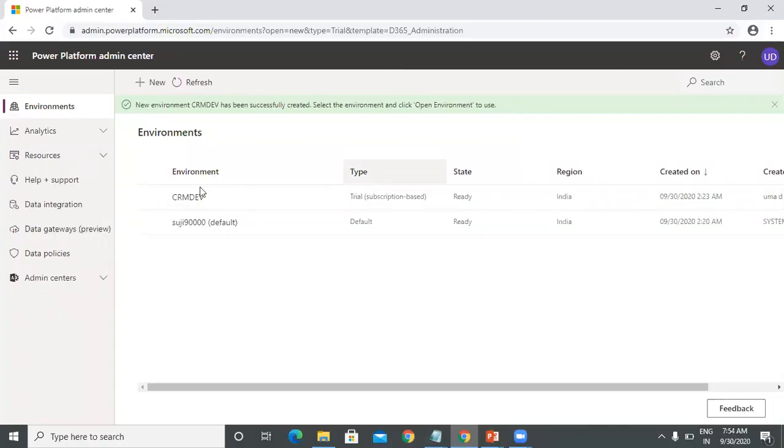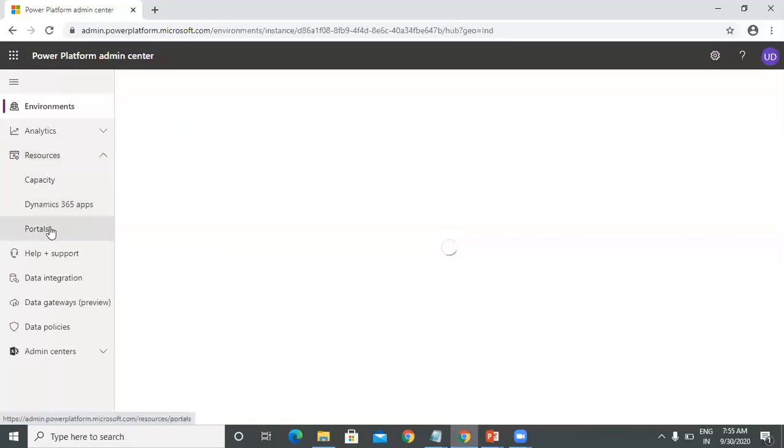You can open your environment, or directly on the left-hand side you can see Resources. In Resources, you can see Portals.